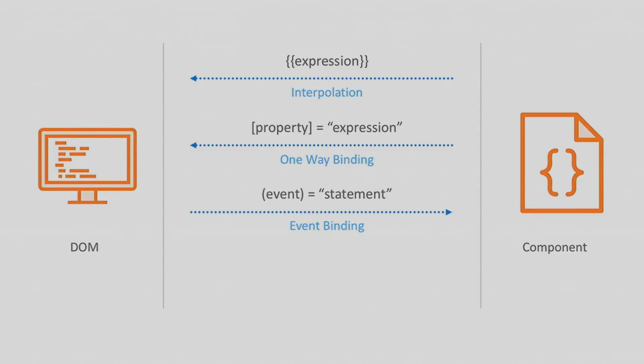But what if you want to get it back? You use parentheses to wrap an event, like click, on blur, on focus, on mouse move, whatever event you want. And then you can fire a function back in your component. Now notice we have one way in either direction. There's always one way. One of the reasons Angular 2 is much faster than Angular 1 is it uses something called unidirectional data flow. Just a big long term for saying it only goes in one direction. So it only goes from component to DOM or DOM back to the component.